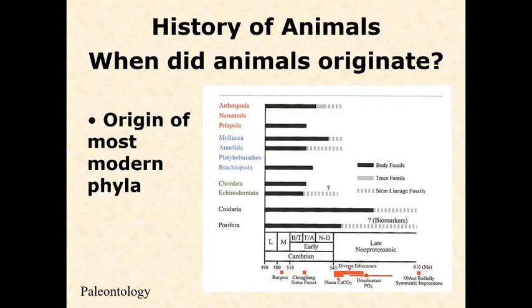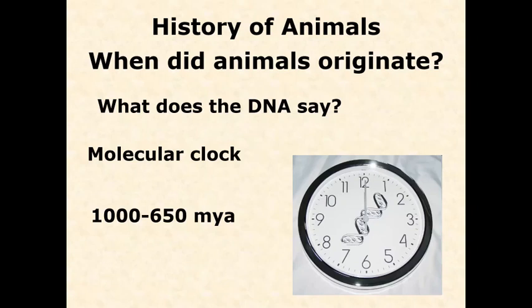I want you to know general dates. I don't need you to know them exactly. You'll have these slides or your notes to refer to when you have the exams anyway. And then there's one last note that I want to make about the origin of the animals. An alternative method that we have for dating the origin of groups is something called the molecular clock. And we're not going to get into all the details of this for this class, but basically what it means is we can look at the genomes of organisms, and by making some assumptions, we can estimate when those genomes last shared a common genetic ancestor, right?